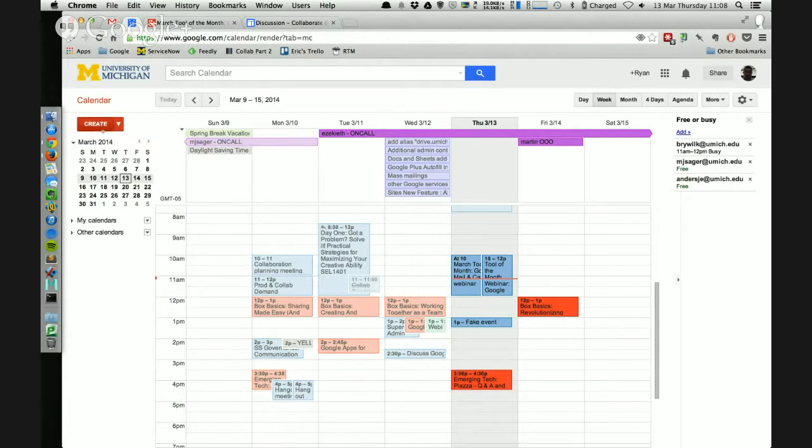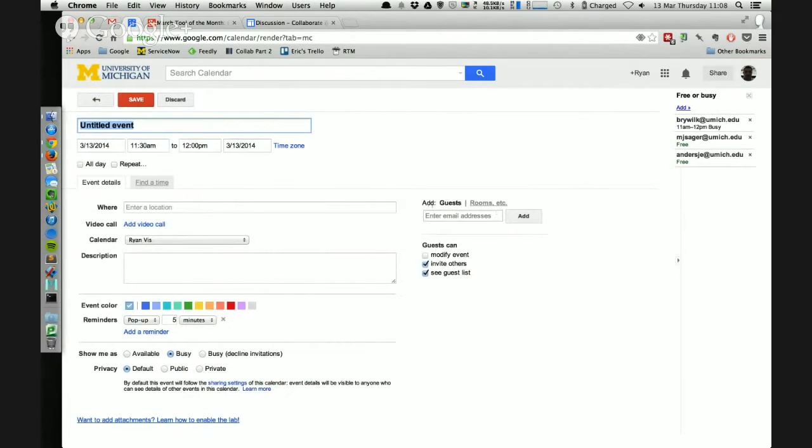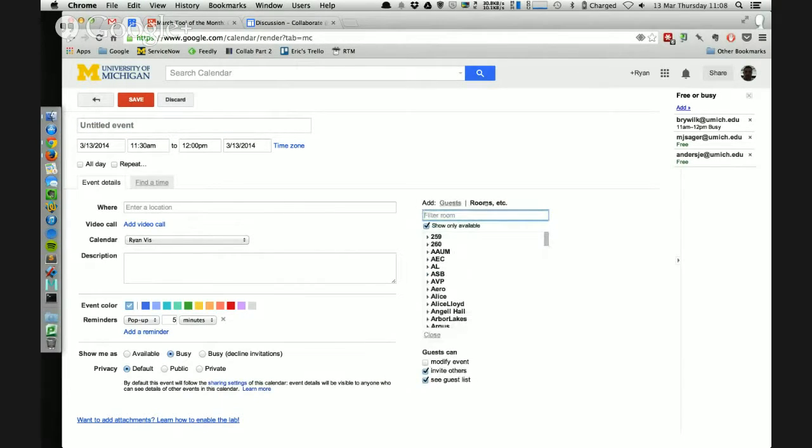When we go into the Create screen here, it's pretty easy to add guests. I think a lot of us have seen the Rooms tab. You can filter by room, which is handy if you know the room number or anything like that. You can also show available. If I clear that, it's going to show me anything with 3028, whether I can book it for that time or not. But maybe I want to be in a specific room and I just don't know what times are available for that room.